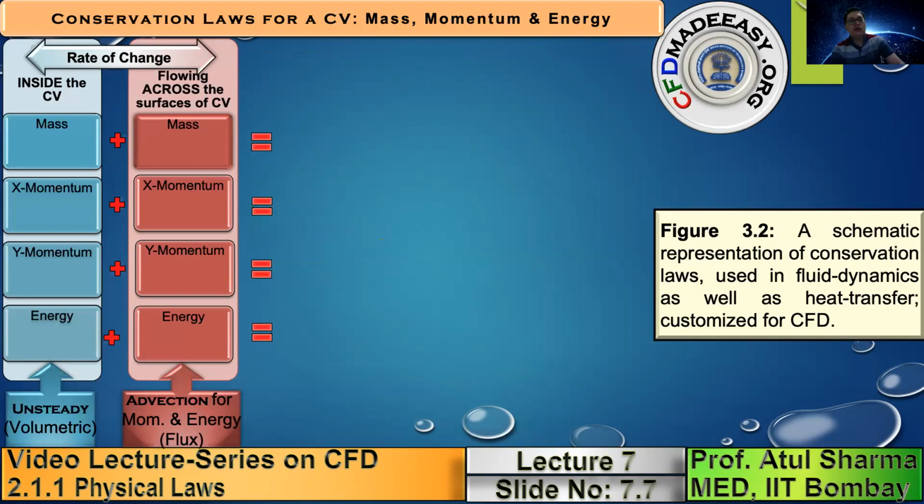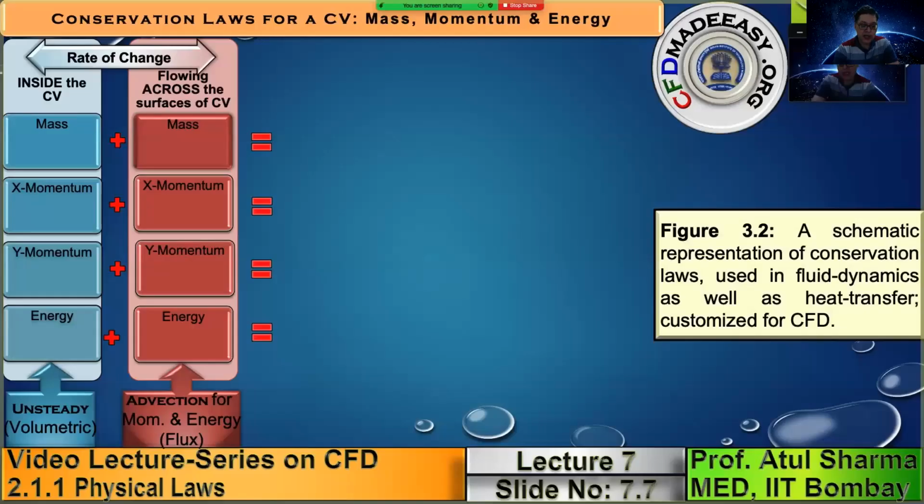However, in solid mechanics, when we consider rate of change, there is a single term. But in fluid mechanics and heat transfer, since we follow an Eulerian approach as compared to the Lagrangian approach used in solid mechanics, the rate of change consists of 2 different terms: the rate of change of fluid inside a control volume, and the rate of change due to the fluid flowing across the surface of the control volume. So these are the terms corresponding to rate.